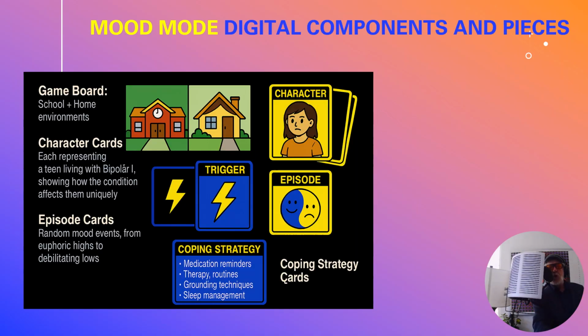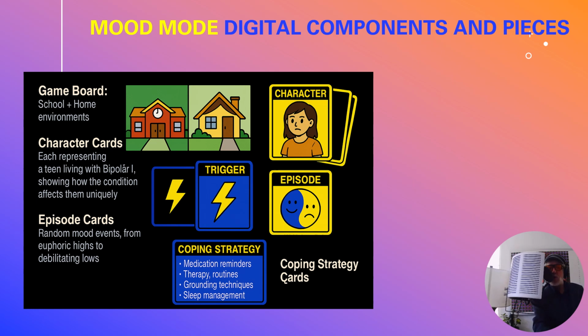Digital items include the Mood Mode game board, school and home environments, and Mood Mode character cards, each representing a teen living with bipolar 1, showing how the condition affects them uniquely. Mood Mode trigger cards, situations that can initiate a manic or depressive episode.